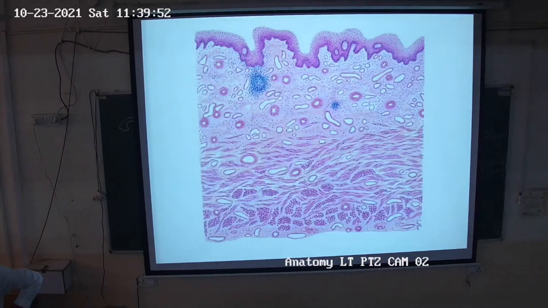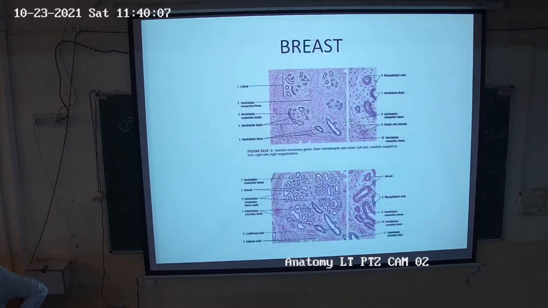As you can see in the slide, this layer has different layers of cells, and the uppermost layer is squamous, so that is why this is non-keratinized stratified squamous epithelium. This is the last part. As it is a part of the reproductive system, the breast has ducts and surrounding connective tissue. The breast gland, the mammary gland, is a compound tubuloalveolar gland.